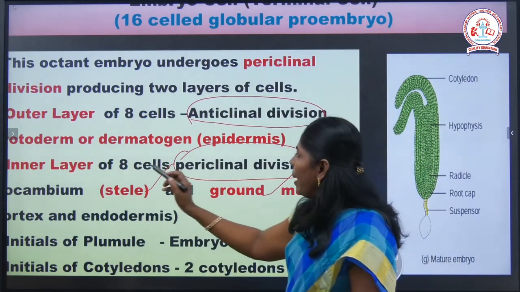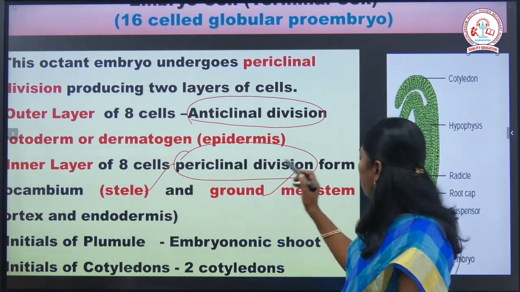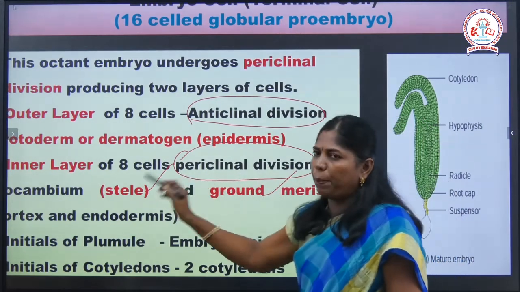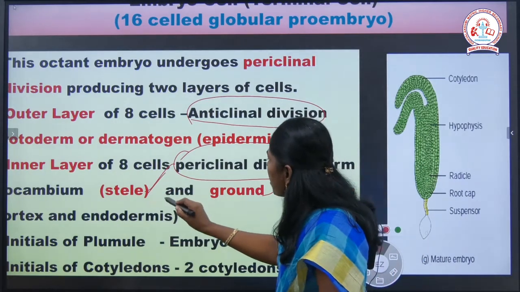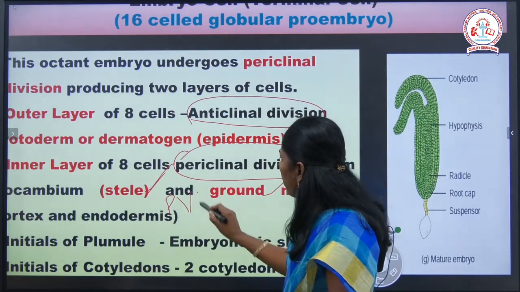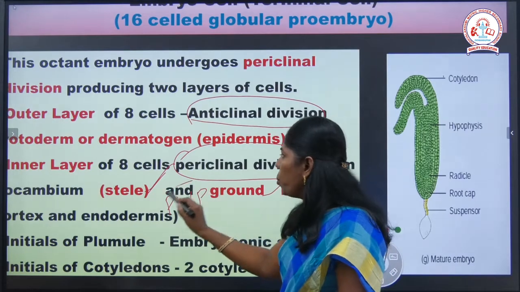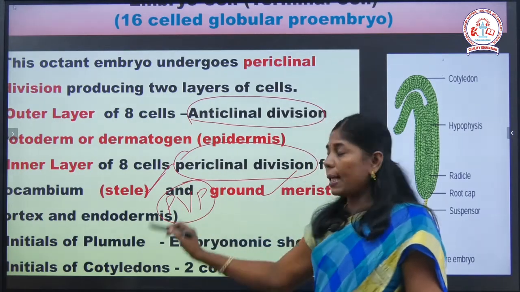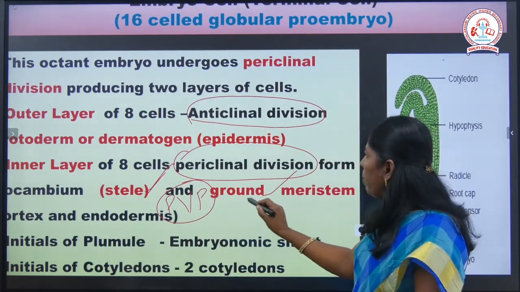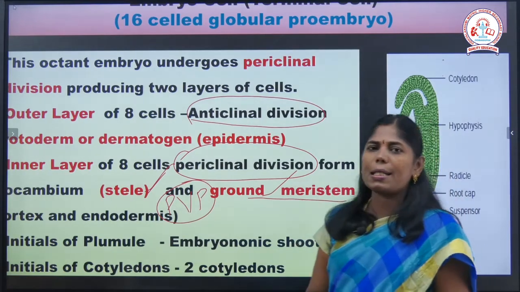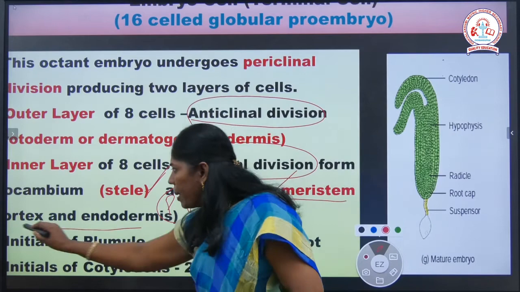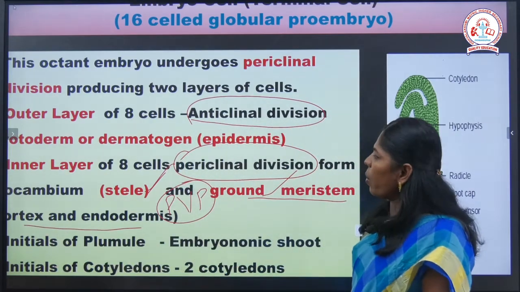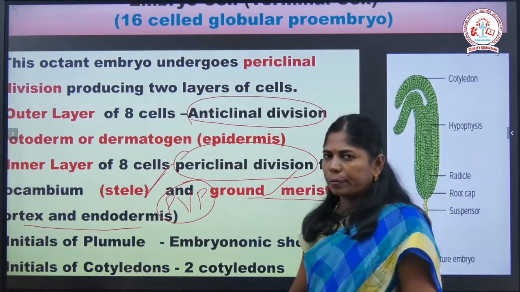The inner layer of the 8 cells undergoes the periclinal division to form a cambium and stele. What is the meaning of the stele? It means the pericycle, vascular bundle and pith; these three together make the stele. And the ground meristem means the cortex and endodermis, so that is considered as the ground meristem. Next one, initials of the plumule. The plumule